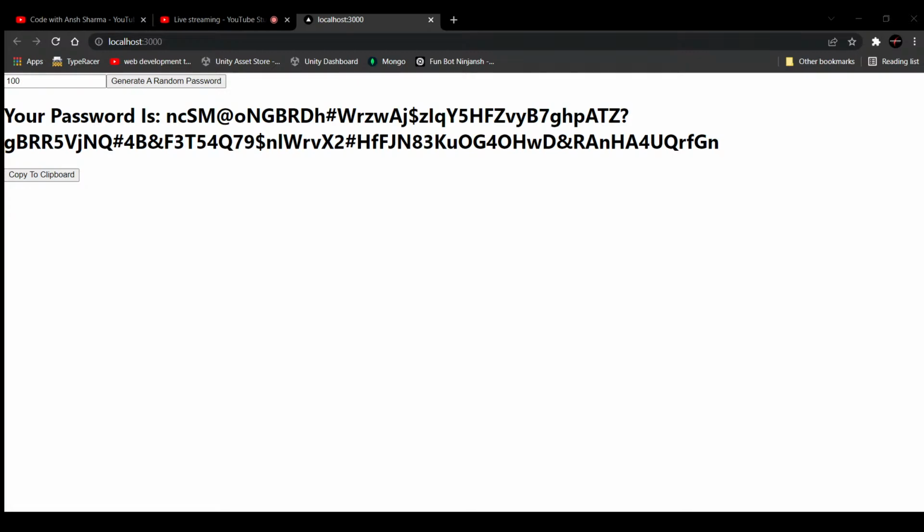Let's just do this and wrap it inside the brackets like this, and we will use this. So what I can say is just I will make another useState hook, const